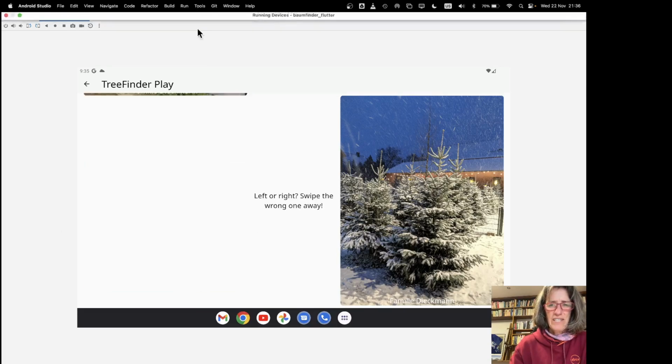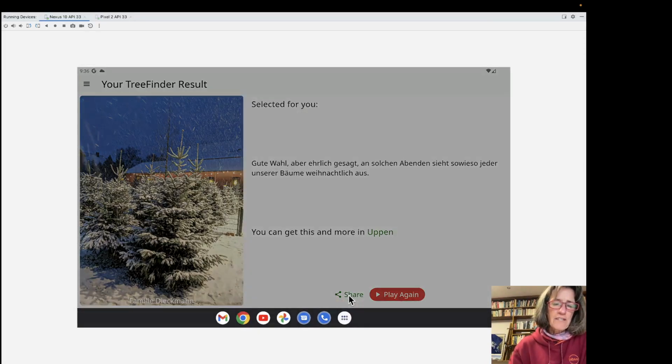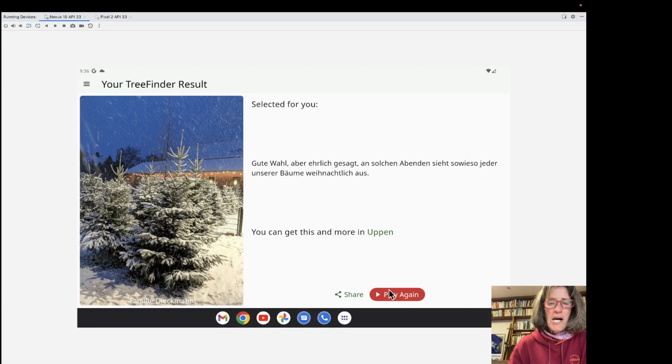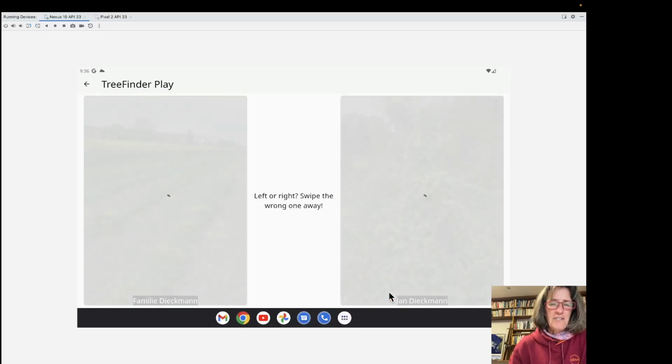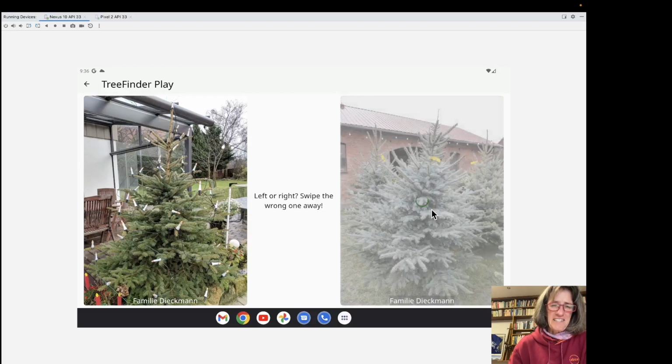That looks nice. No, the other one looks nice. All right. Once you've gone through a series of images, you supposedly have made your choice, and it says something like, oh, this is a very nice tree. You find other trees on our farm. You can now share this image with your friends if you want. That's the way it hopefully one day goes viral. Or you can play again. It turns out it's quite addictive, and people usually don't play a single game.